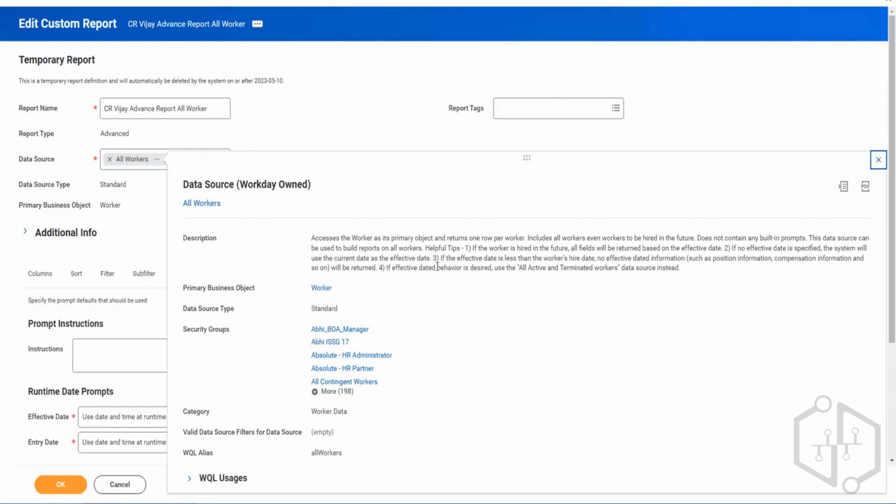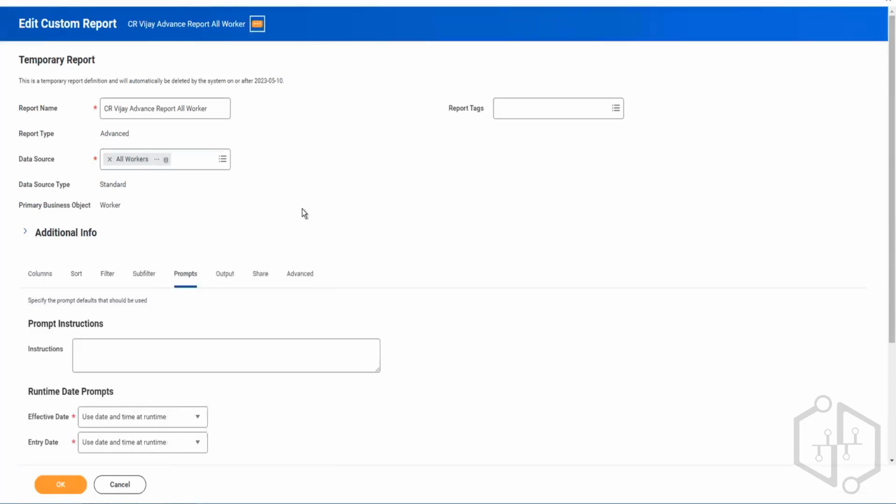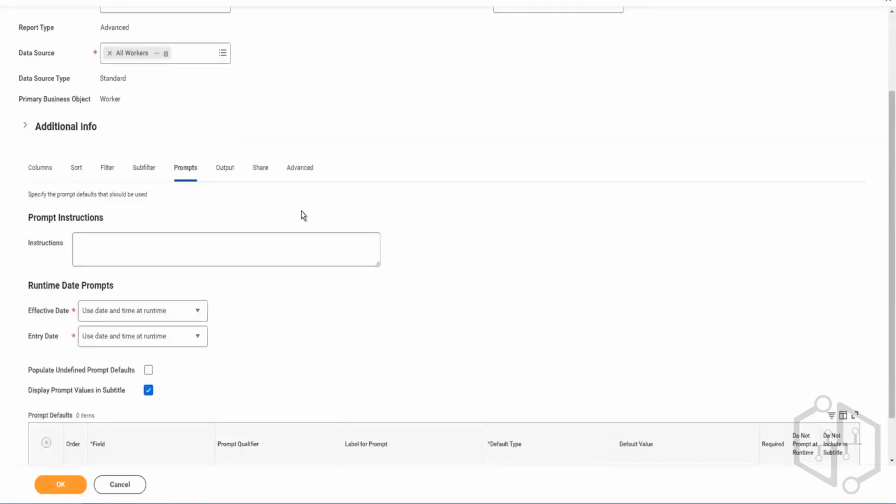somewhere you will see the information. So if the data source has any prompts, it will be mentioned here that it contains built-in prompts. And sometimes even if there are none, it will also state that here. So if you see here, it says it does not contain any built-in prompts. So this data source does not contain any built-in prompts. That means from the data source side, there is nothing that Workday has provided as a prompt to you based on which you can